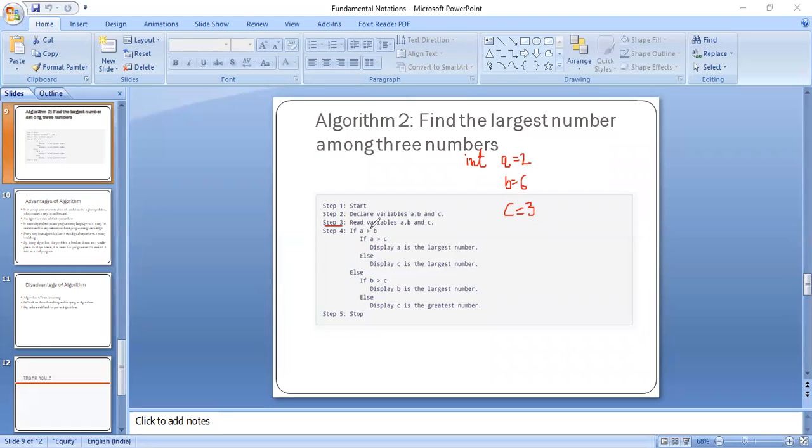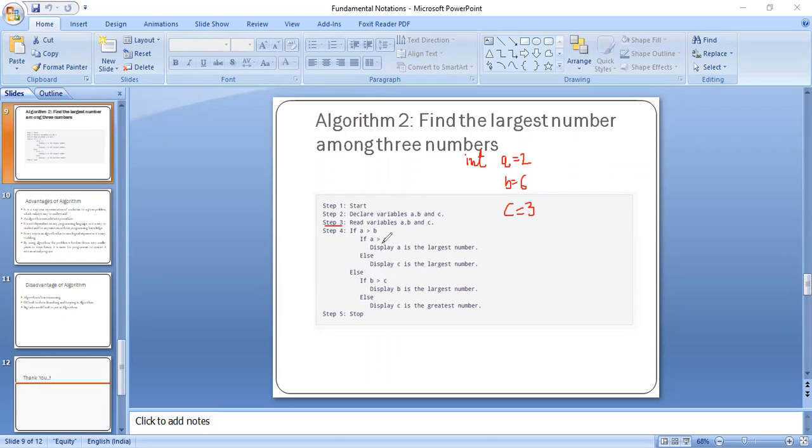So for that we will apply the if structure. So if a is greater than b, here a is not actually greater than b, but if it is greater, then we will check whether a is also greater than c. If yes, it will display the result. But in our case, a is not greater than b, so else will be performed. Under else, we will display c is greatest.